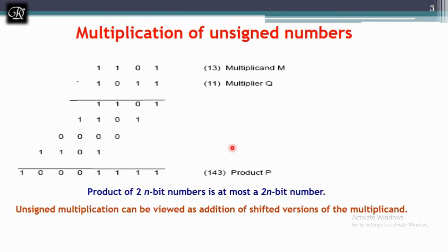When we are performing a multiplication, we'll go with the school-day technique, where I'm trying to multiply 13 with 11.